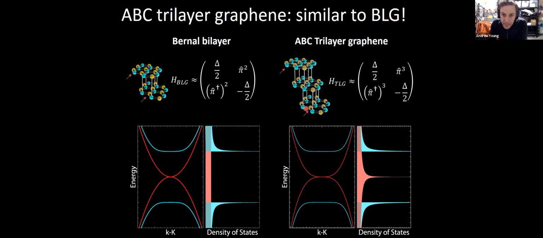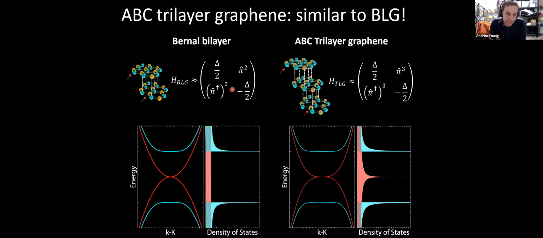But in rhombohedral graphites, roughly speaking, the Hamiltonian stays kind of similar in that the most important sublattices are located on the outer layers, and all of the other sublattices are strongly hybridized, and so there's some suppression of the wave function weight on the other sublattice. So out of the six atoms in a unit cell of ABC trilayer, most of the wave function is concentrated on two atoms which are on the outer layers.